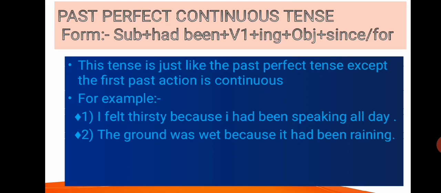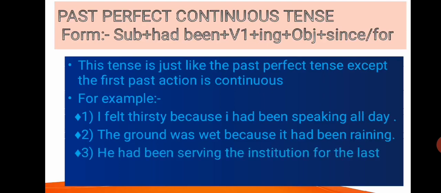So, we can say that this tense is basically used to talk about a continuous action in the past, but before another finished action. We can see the finished action has taken place in the past. So we use past perfect continuous tense. We can see one more example.